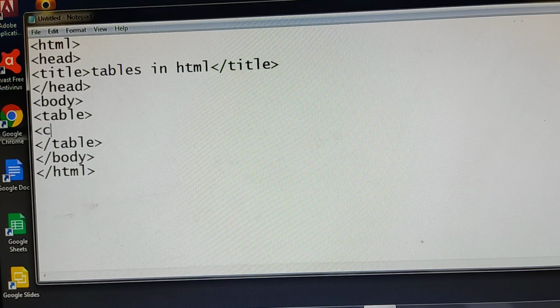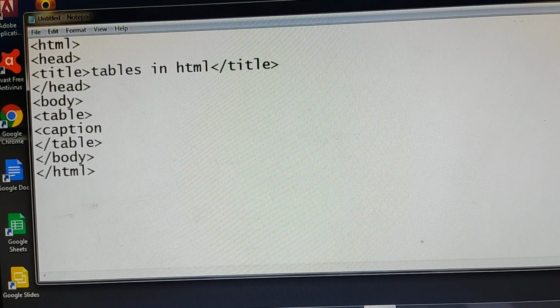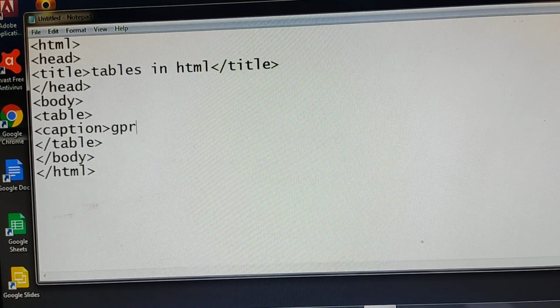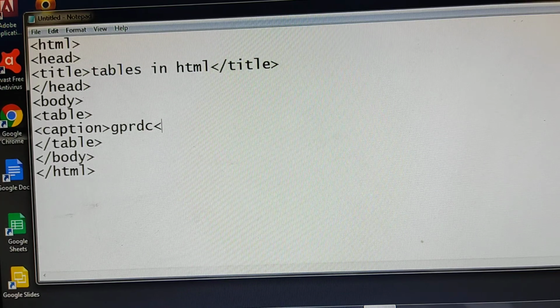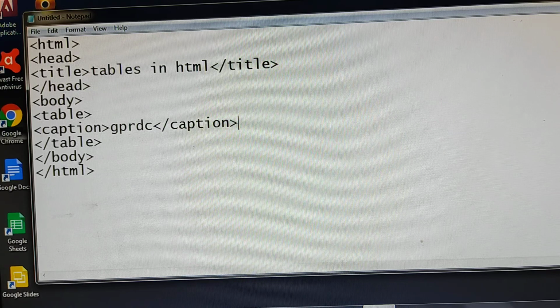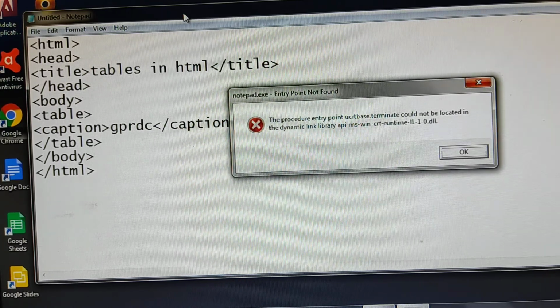first I am giving a caption. What is the caption? Caption is the name of the table. Caption is a paired tag. I am giving GPRDC table. You can give any name, you won't get any error. Caption. Now I am saving this as